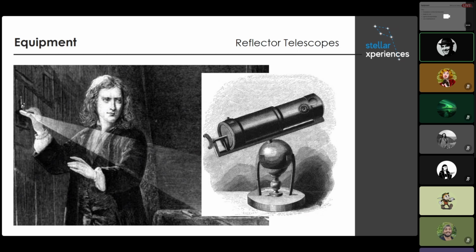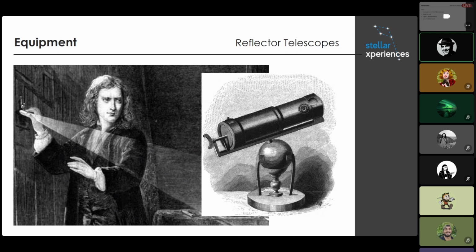Of course, he worked on optics also, and he created his own telescope. Instead of using a glass lens objective, he used mirrors, a concave mirror,